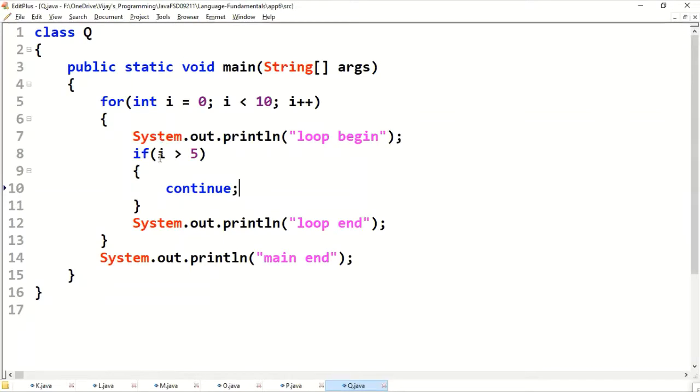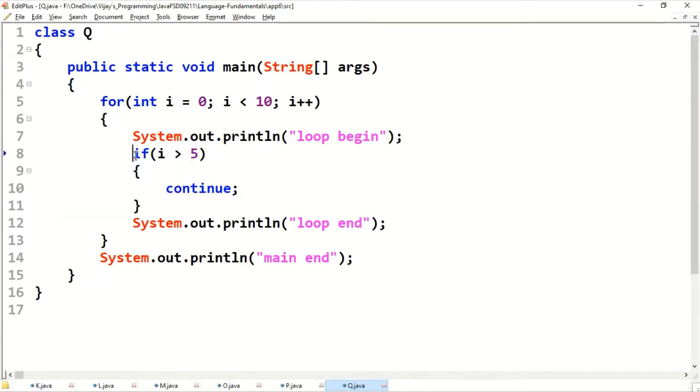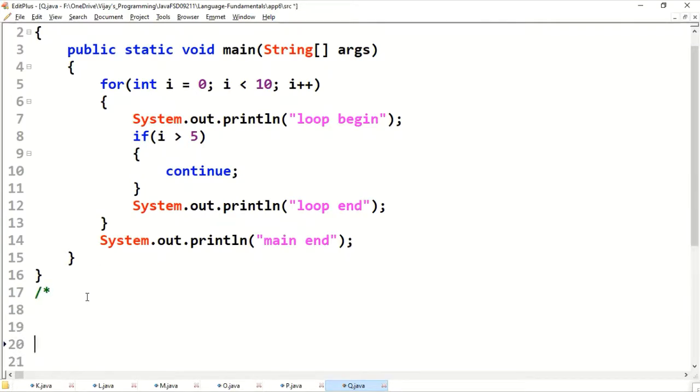Whenever, observe this one. This is the if block. I'll go through it iteration by iteration. Observe carefully.